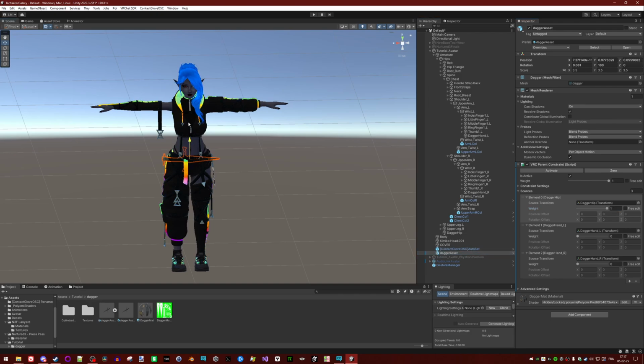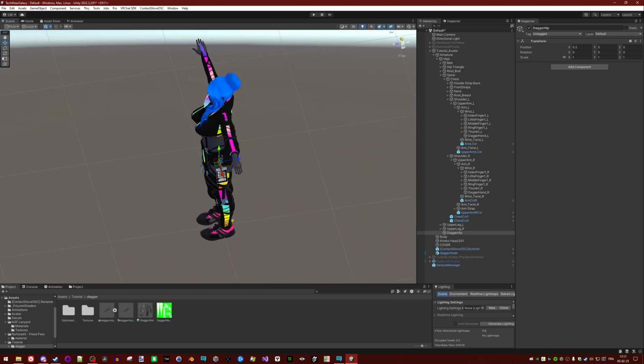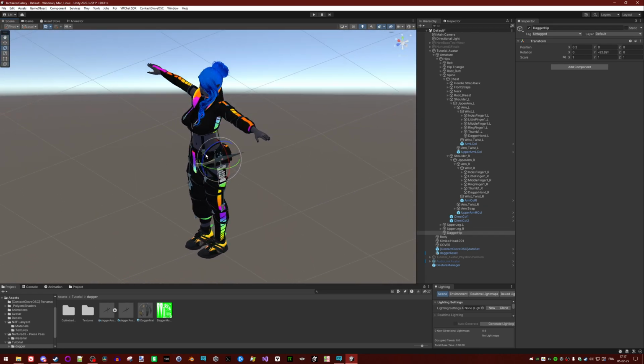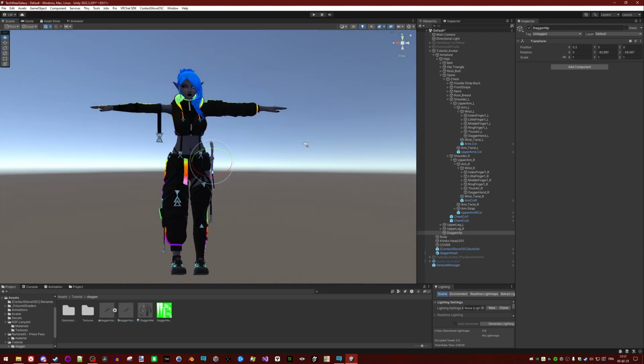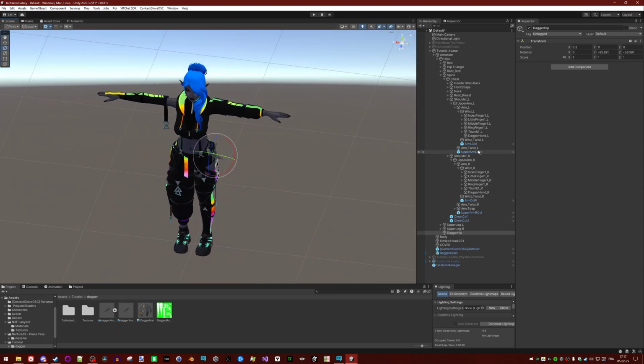See, it doesn't work, but we can move the transform. So dagger hip, see, I can move it. Take your time for your own avatar to do it right, but here it's for a tutorial, so I will do it quick and dirty. It should be good here.